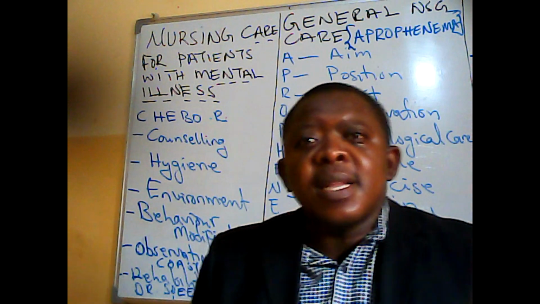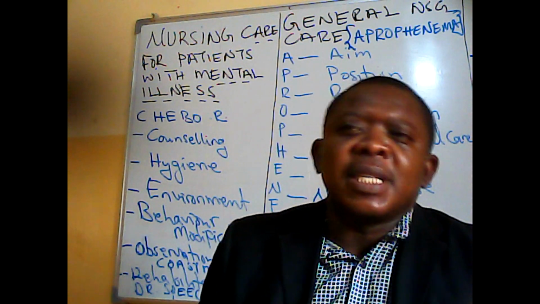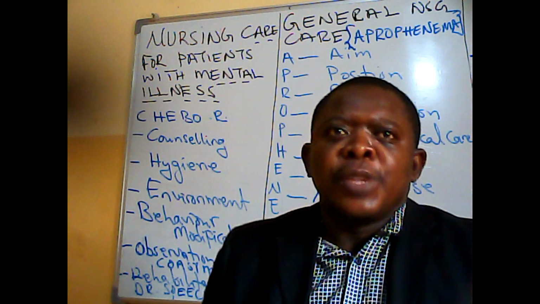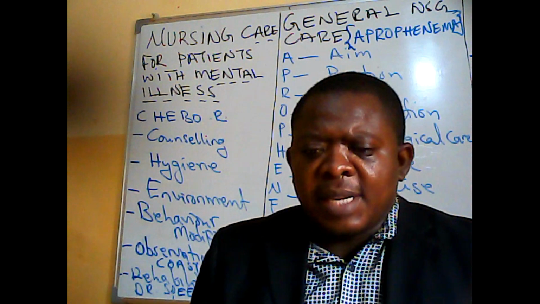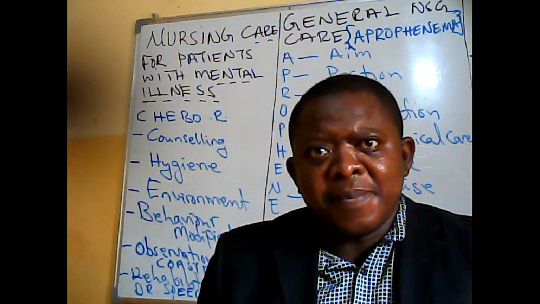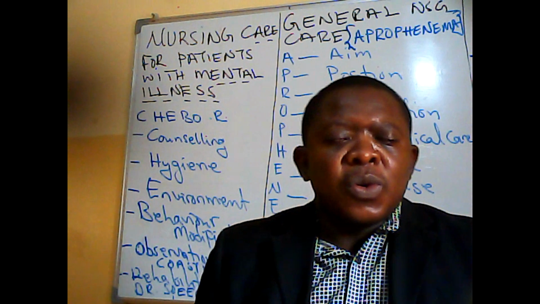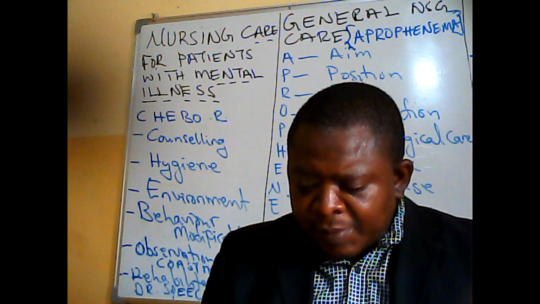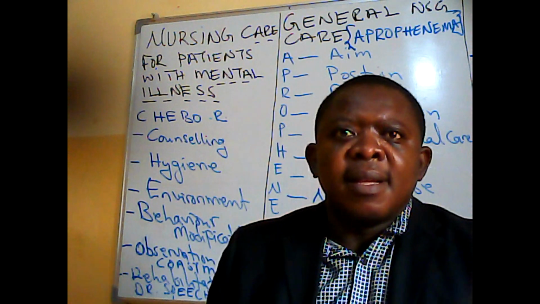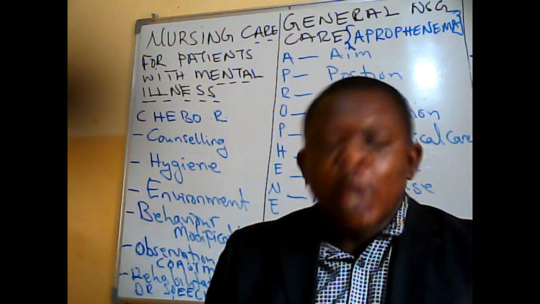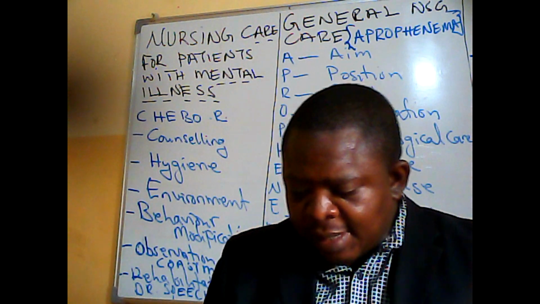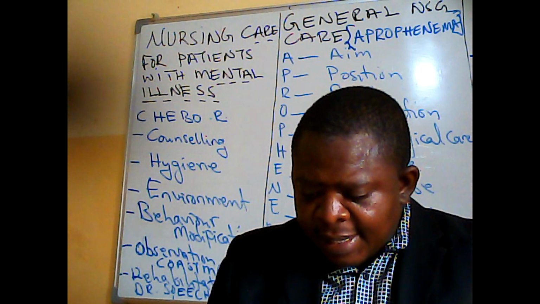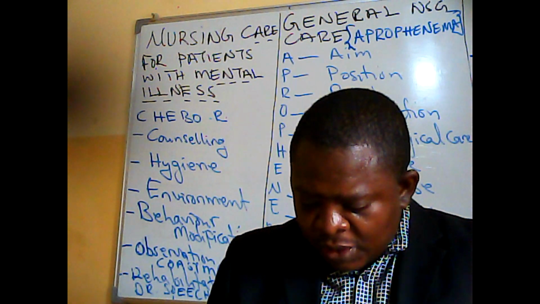Then N is for nutrition. Because most of the patients like finger foods or foods that they can eat whilst standing or moving about. So you can give them food according to that because it is now helping them. Okay, so that is the TRAIN under behavior modification. So under behavior modification, I'm not just saying that everything has to do with the TRAIN, but there are a lot of other things that you can do in modifying the patient's behavior. All right. So the next item that I'll look at after talking about this is observation.